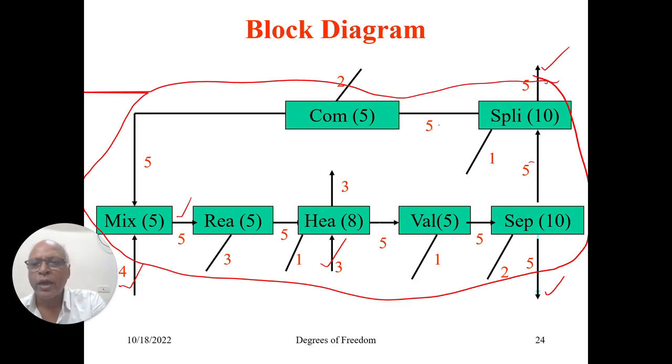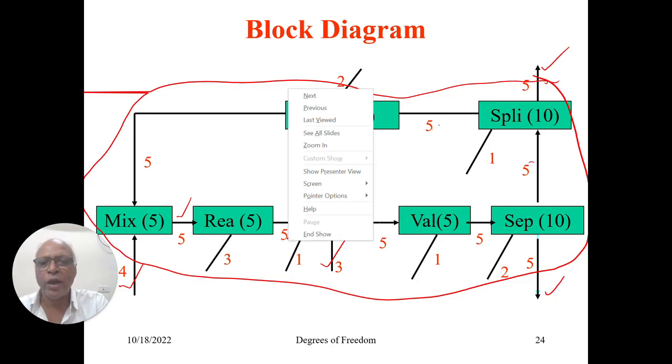So should I calculate the degrees of freedom for each unit and probably add up all those, will you be able to calculate the degrees of freedom for the entire process? There will be duplication. You don't have to worry about this. The moment you calculate mixer, you will be able to calculate all these values. Similarly, the moment you are able to calculate reactor, you will be able to address these 5 variables.